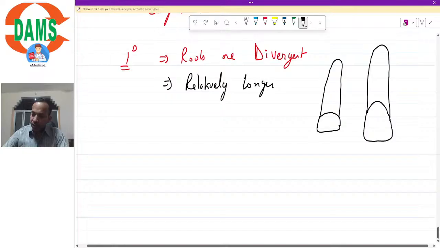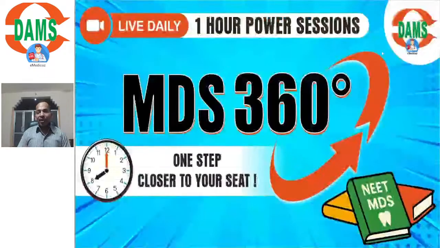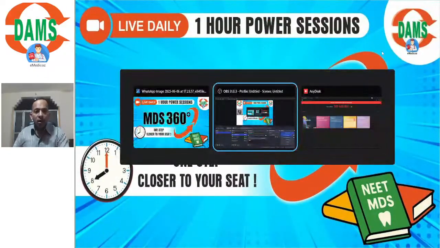Compare it to the upper central incisor. Now when you compare it to the upper central incisor, what you would notice is that as compared to the length of the crown, the length of the root is more, isn't it? But in case of permanent, there is not much difference between the length of root and the crown. So relatively,